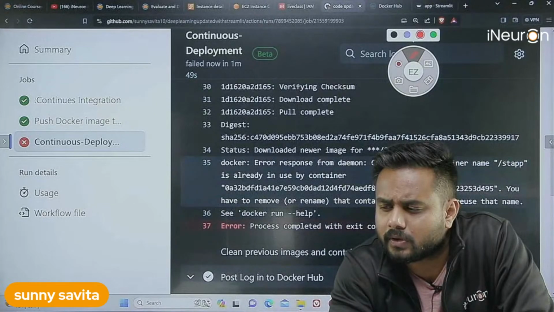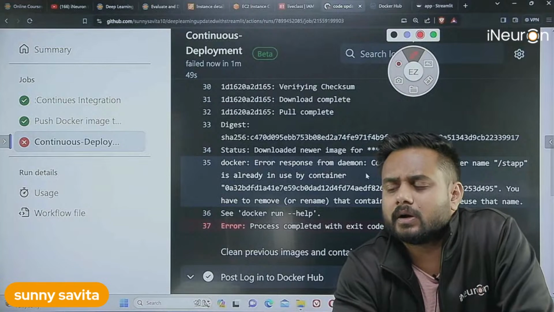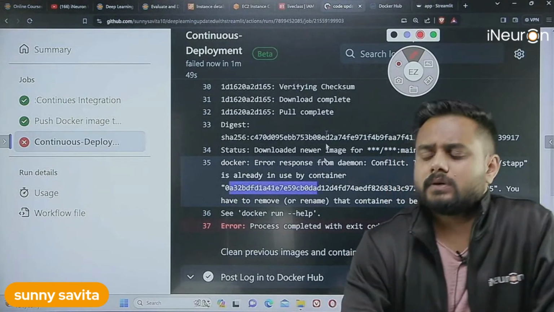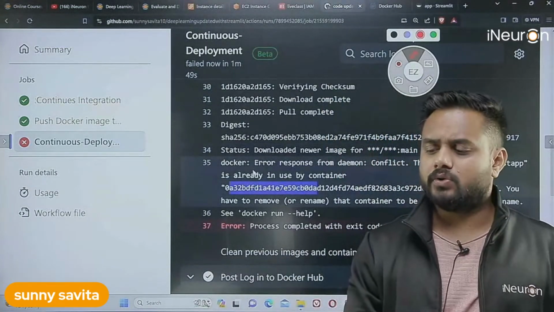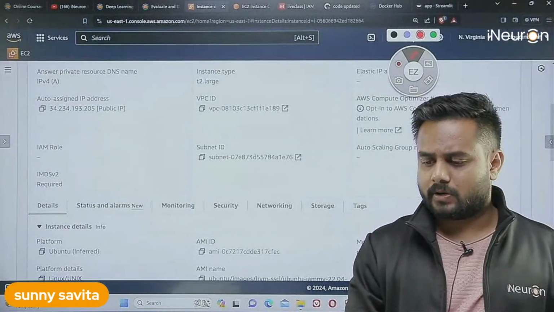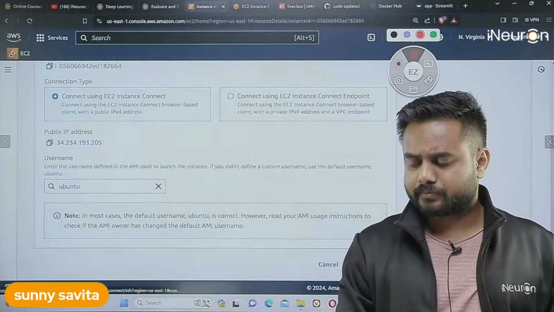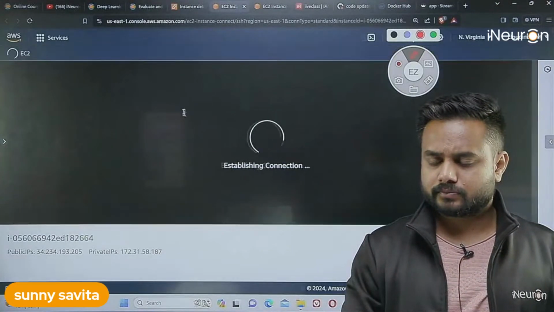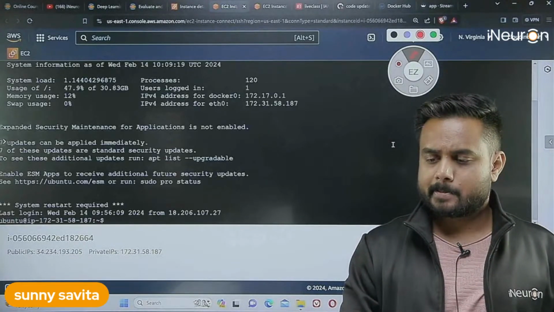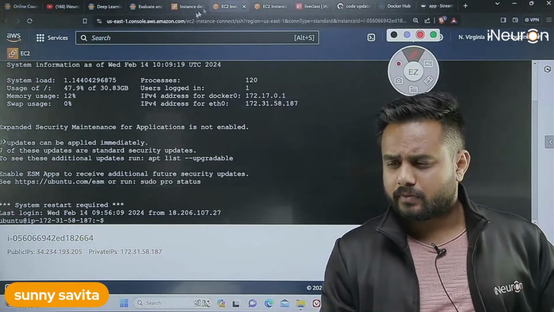Process working. The port is already in use by a container. Okay. Don't worry. Let me check with the container. Let me connect to it again. Wait. But it should take a new name, no? So here, if you look into this,